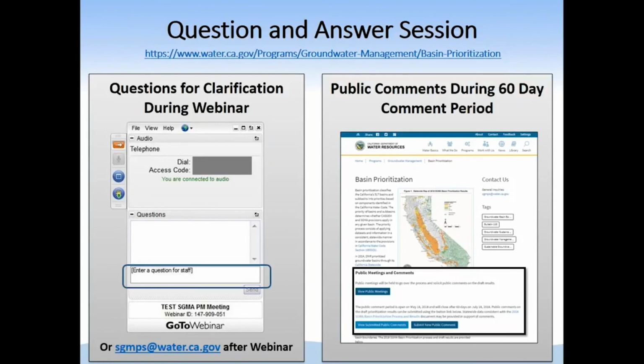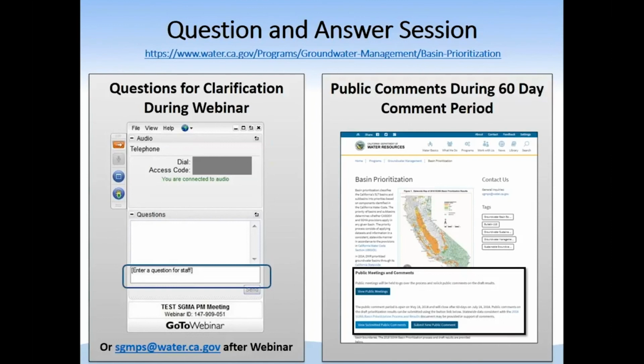Looking forward to the future, other than the event that a basin boundary modification should occur coming up, is there any other mechanism to trigger basin prioritization moving forward? The best way to answer that is we have no plans to further evaluate prioritization in the foreseeable future, meaning the next, I would say, 3 to 5 years. That's the current plan. It's always possible that that could be subject to change.